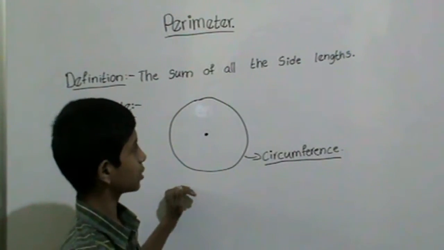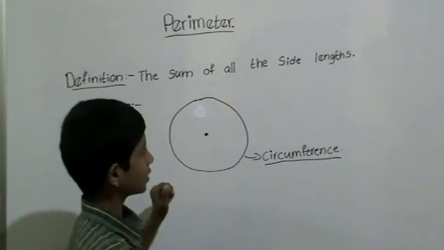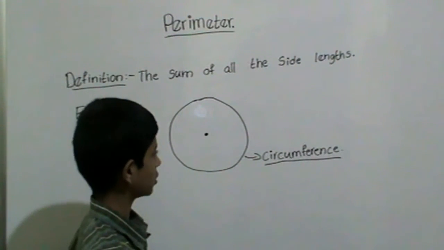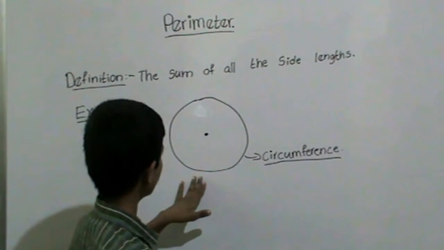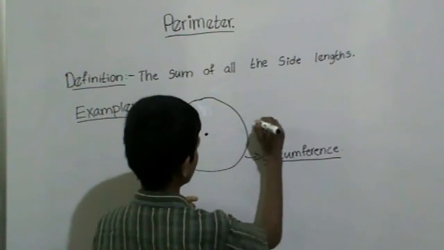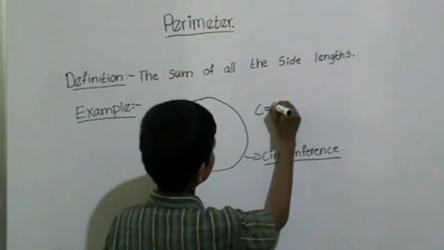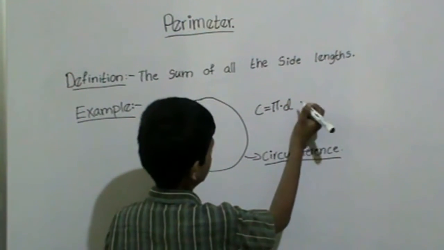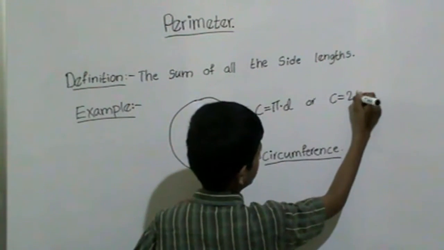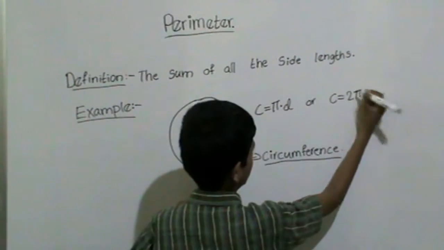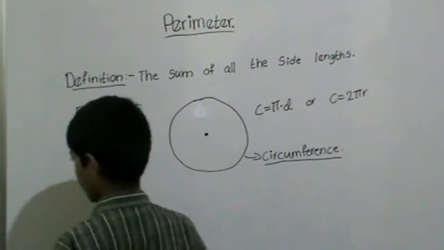There is no need to calculate for any shape by adding all the side lengths. There are some formulas to calculate. To calculate the circumference of a circle, there is a formula like circumference equals pi times d, or circumference equals 2 pi r. Okay? For a rectangle,